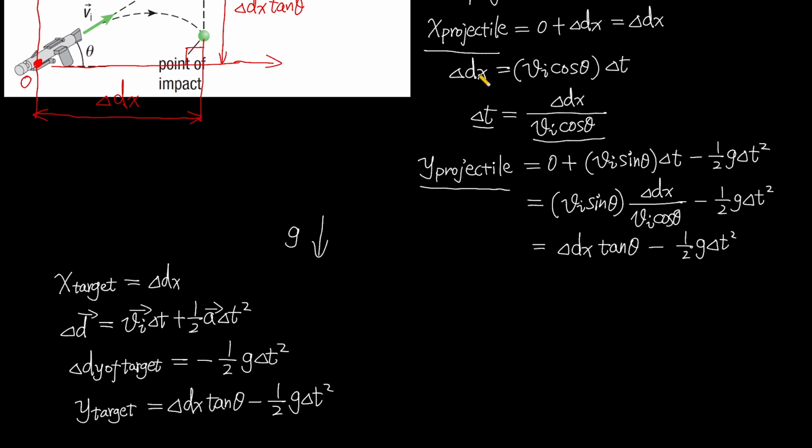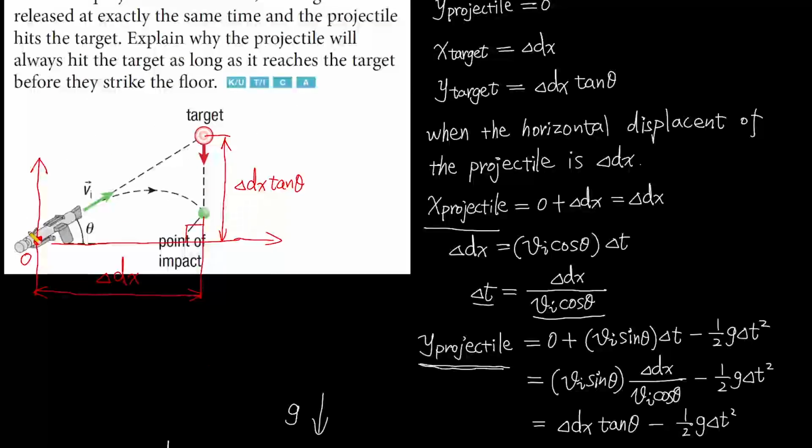And now we find that the coordinate of the projectile is the same as the coordinate of the target. So as long as the projectile reaches the target before they strike the floor, the projectile will always hit the